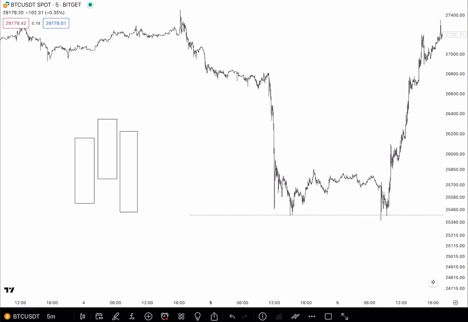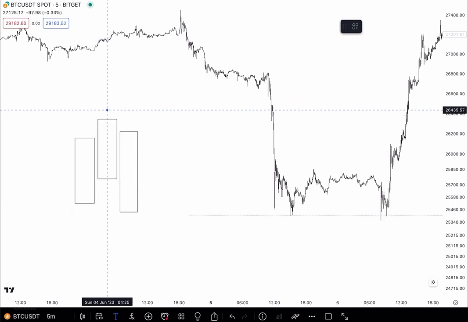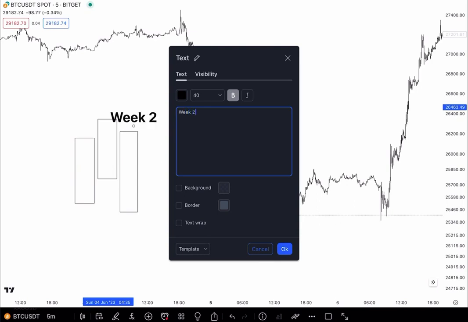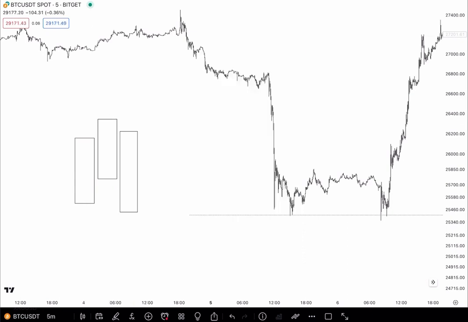A good practice to have, and this is where things will serve you well if you take this information through a hefty backtesting session, whether this is week 2, whether this is Tuesday, whether it's 2 a.m., whether it's 3 a.m., whether it's 9:30, whatever, whether it's the 9 o'clock candle, whatever this is, the whole idea is to take this higher time frame candle at this specific time: accumulation, manipulation, distribution.